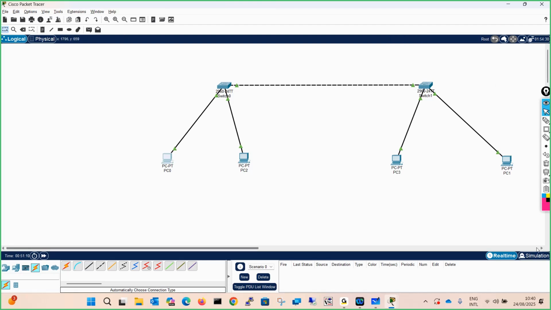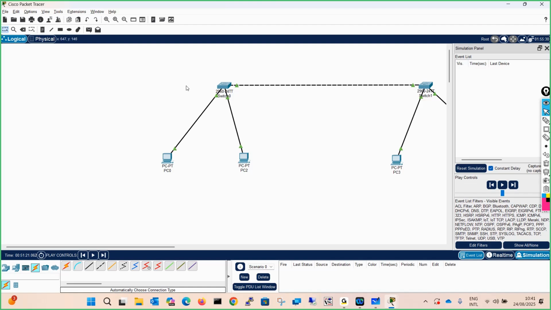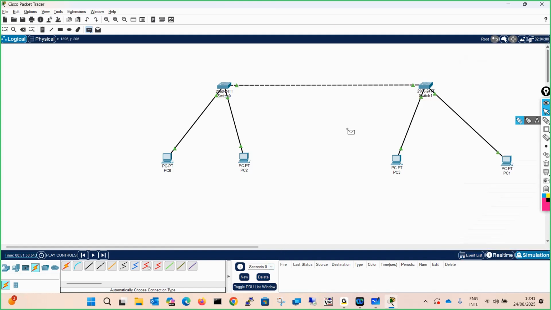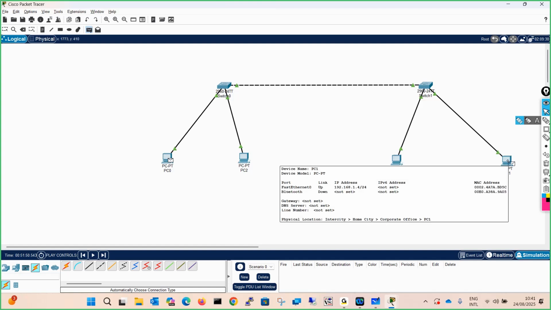Go into simulations, take the packet and put it. Oh, sorry, this is not going to come here. Delete the scenario, reset simulation. Just take the packet, go to PC0, and this is PC1, right?